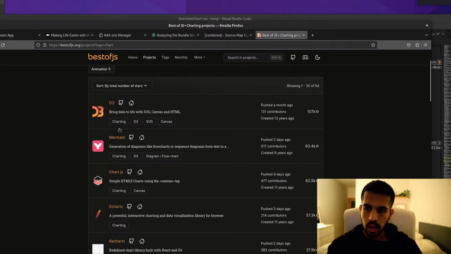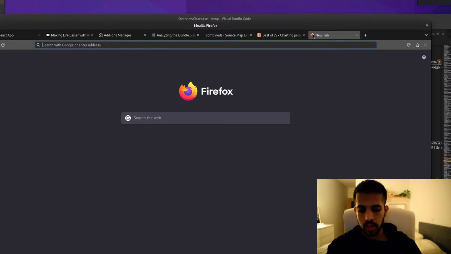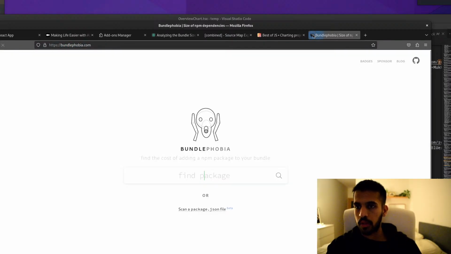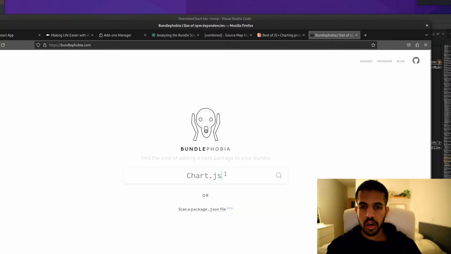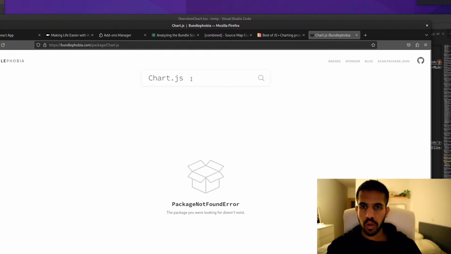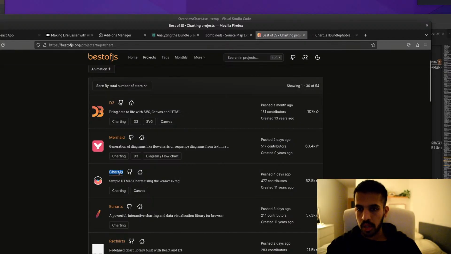D3 is also going to be super heavy. Let's try maybe chart.js. So to find out how heavy chart.js is, I will use Bundlephobia. Bundlephobia was down yesterday, but it seems like it's up today. Chart.js. Oh no. Okay, then chart.js, what is your npm package?